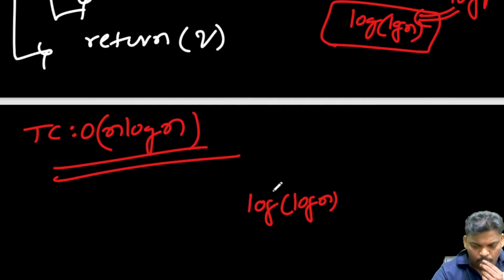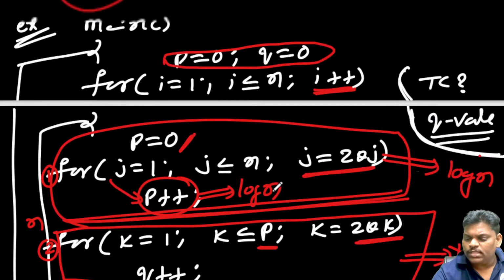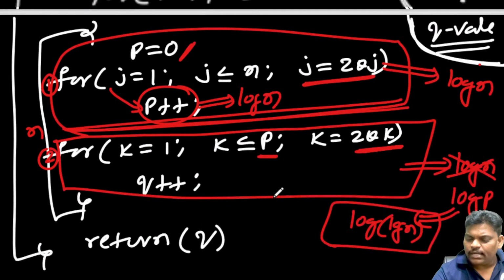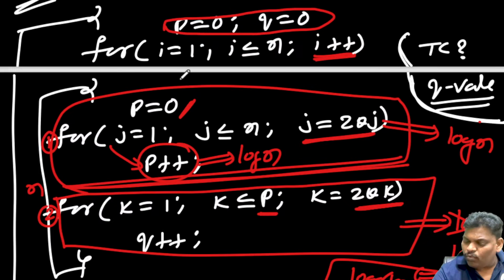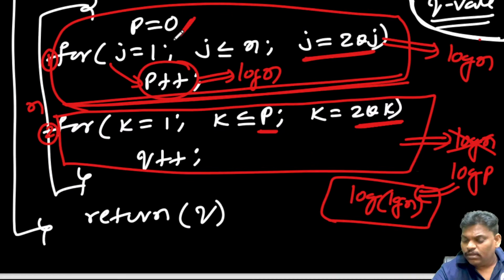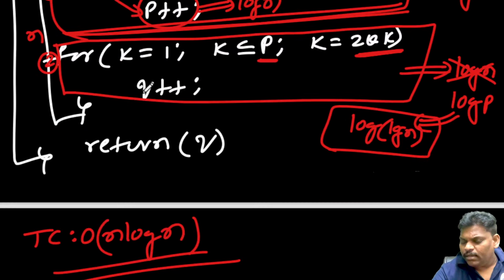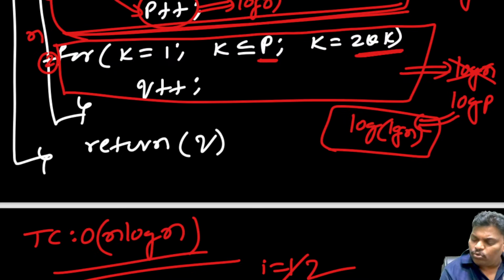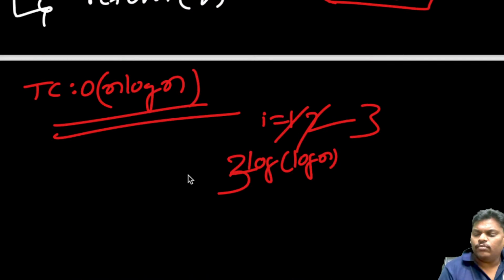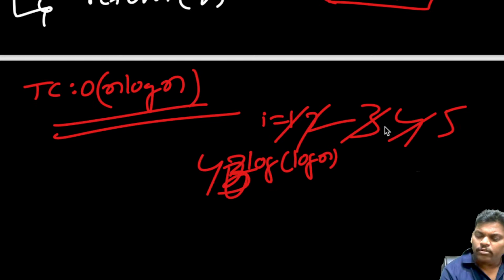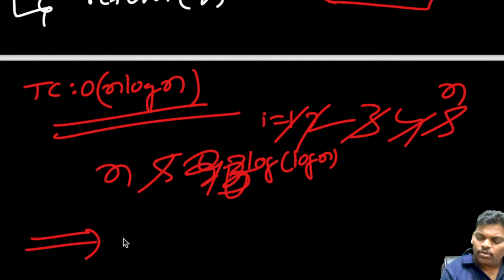Now if you see the second time, next one, i value 2, again p is equal to 0. The k loop is going log n times, again, so 2 log n. I is equal to 3, it became 3 log n, one more log n added. I is equal to 4, one more log n. I is equal to 5, one more log n. So if at all i is equal to n, it became one more log n. So right, q value is